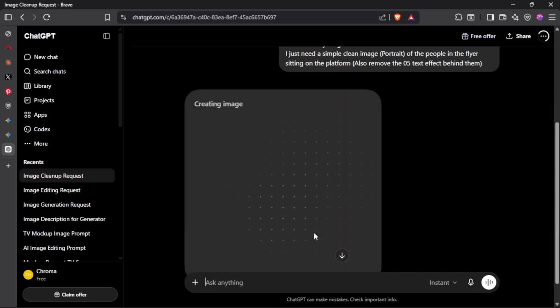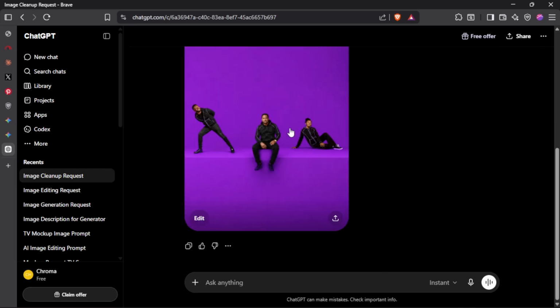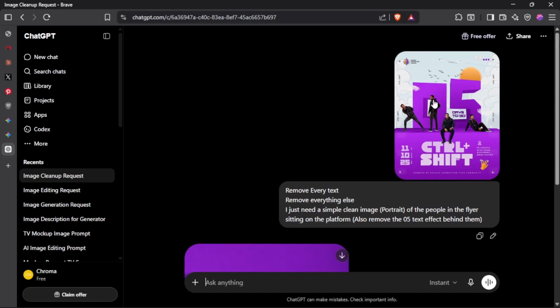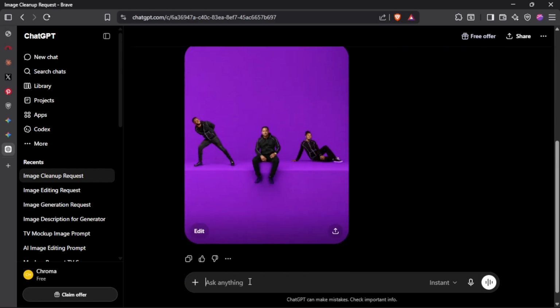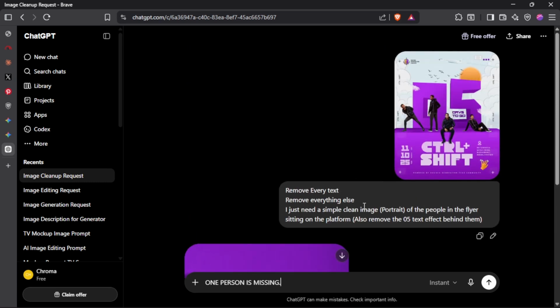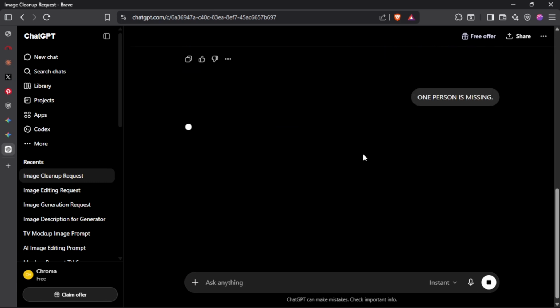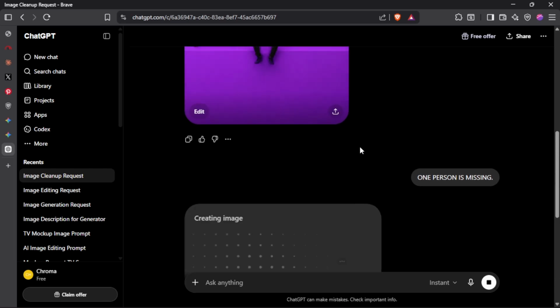You can start from Gemini and then move to ChatGPT. The idea is just to use these two AI platforms so that you don't run out of credits. Okay, so we're just going to hold on and wait for it to work on our design for us. Alright, now it's done that for us, but we notice that one person is missing. These are little things that you would have to fix yourself. So you specify one person is missing, and let me see the previous prompt. Remove everything else. Right, so I'm just going to put that again,